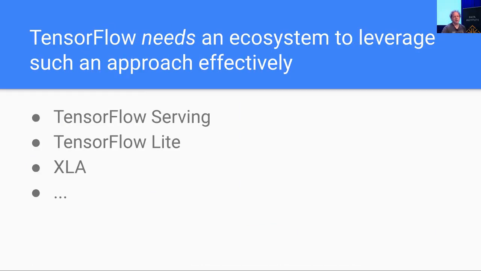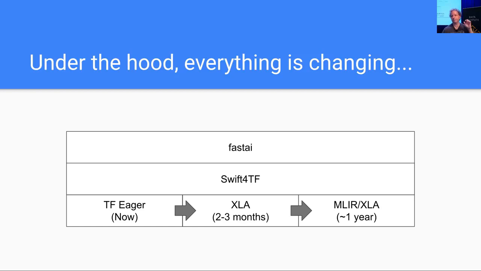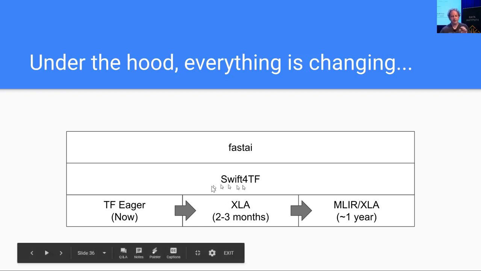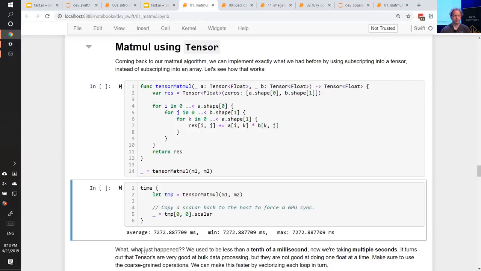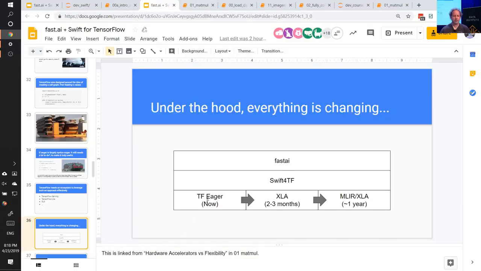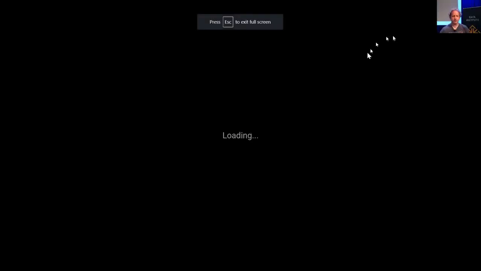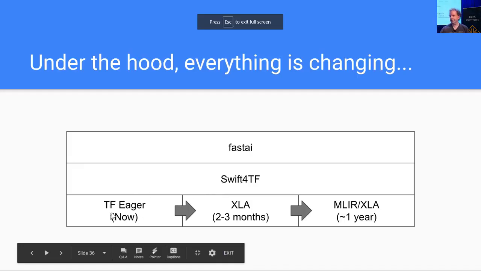Yes. Right. So TensorFlow has this big ecosystem of things to try and fill in around this issue of having this huge mechanism that works in a particular way to make sure that you can put it on mobile phones or on web servers or whatever. But the good news is that what's happening at the moment, and the reason we're seeing this speed, is that behind the scenes, Swift for TensorFlow is using TF-eager, and this is a great choice